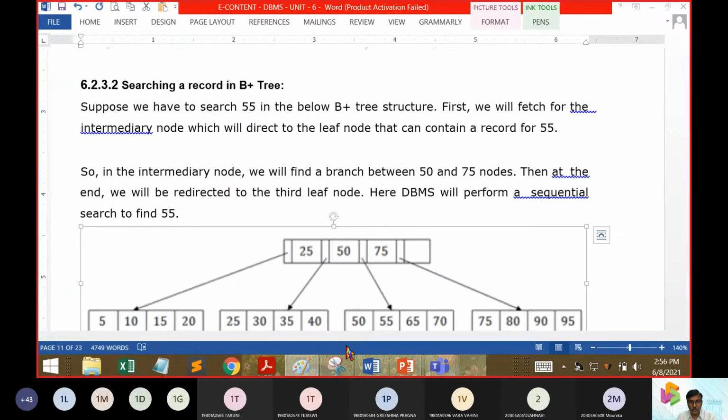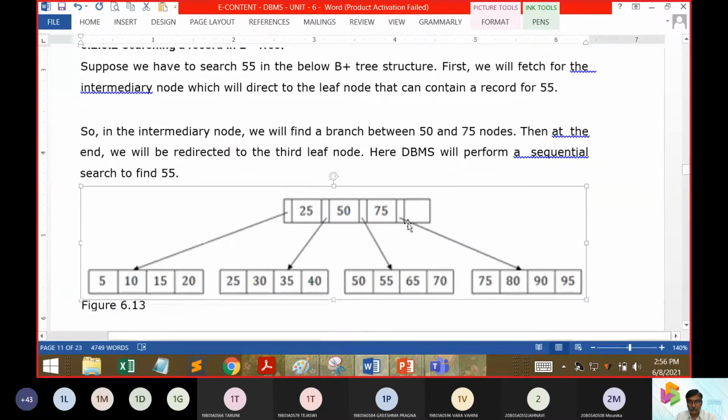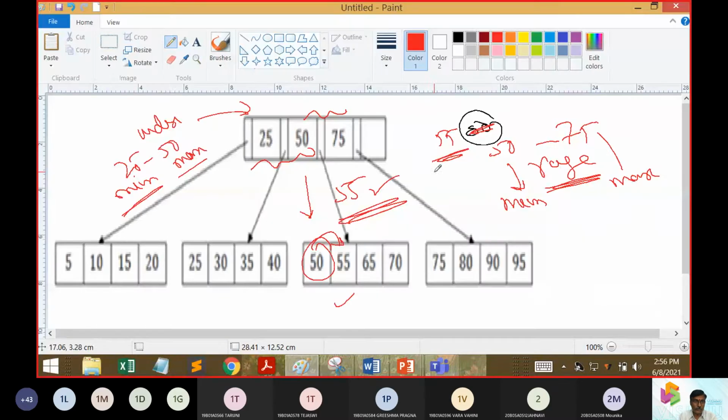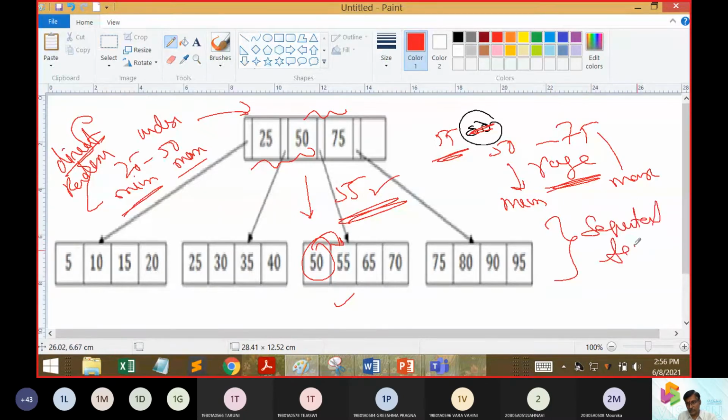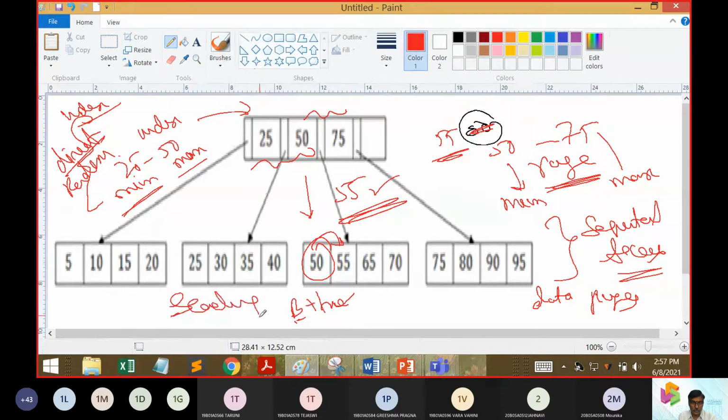So now it moves on searching for an element 55, which is available at the data point out here. At this point, it is going to use up the direct access or the random access. But in the second area, it is going to work with the sequential access. In the first area, it is going to do direct access or random access in the index area. In the data pages or in the data nodes, whatever we call, there the sequential access is going to be used. So that is the takeaway for the B plus tree here. That is what we do with searching.